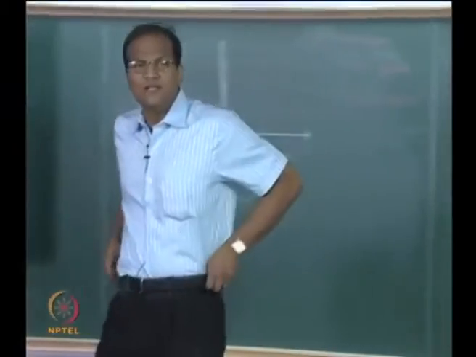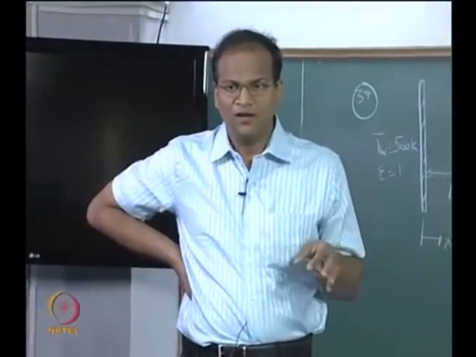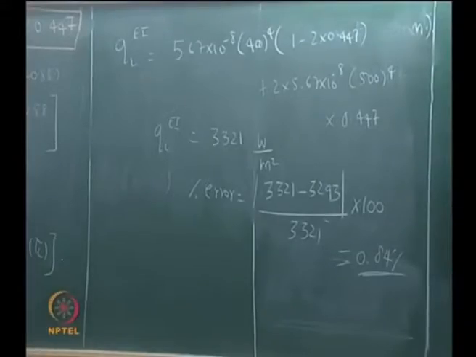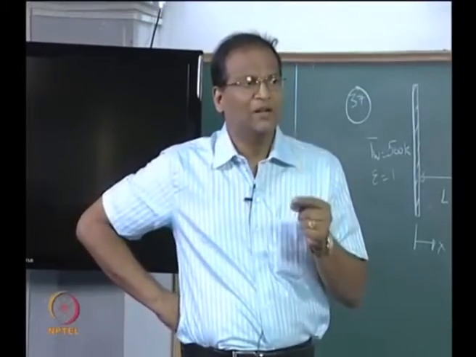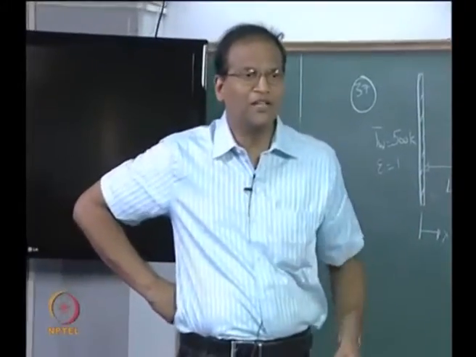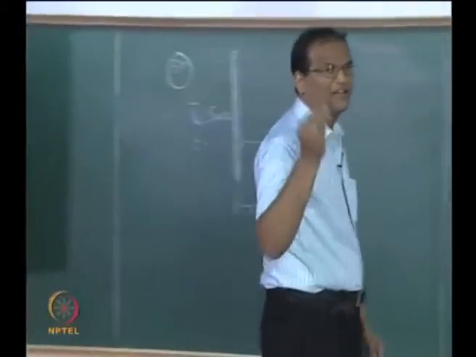So what can you infer from this? If tau is equal to 0.05 or 0.06, less than around 0.1, then the optically thin gas assumption is a good one. Whether it is optically thin or thick depends not only on the absorptivity but also on the length, so it is the product which matters. It can be a very heavily absorbing gas, but if it is only 1 or 2 millimeters, it does not matter. It can be a poorly absorbing gas, but if you take a large thickness L, K into L will create the trouble.